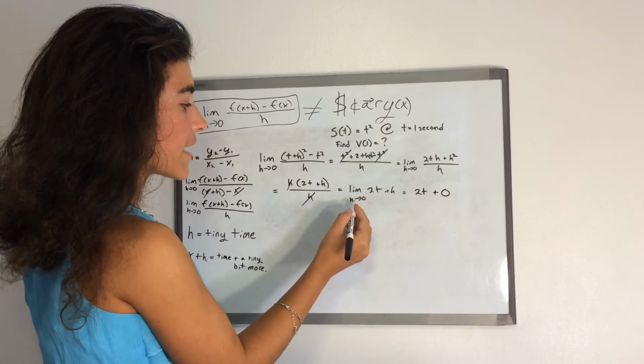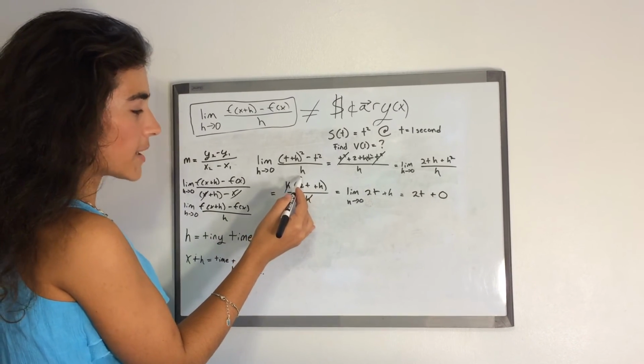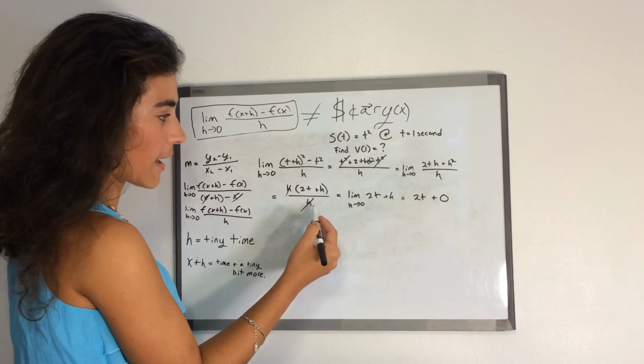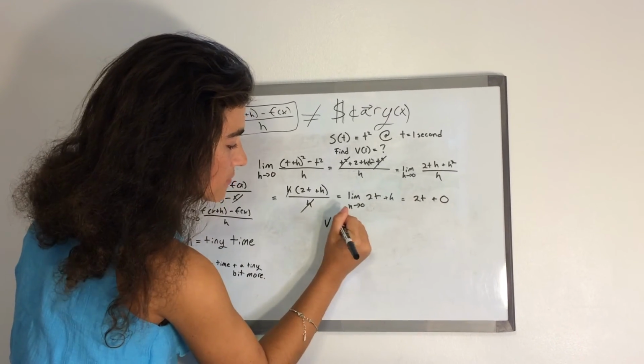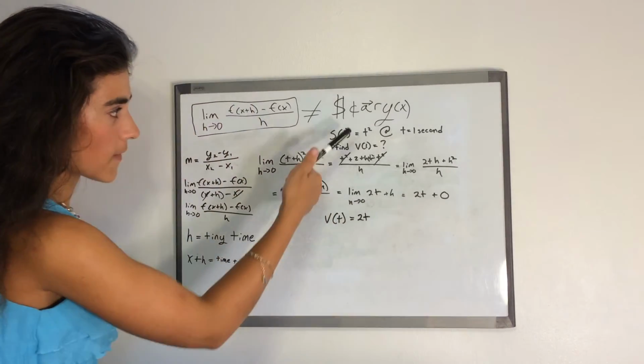Why couldn't we plug in 0 for h before, all the way back here, to save us all that work? Well, anything divided by 0 is undefined, so we had to wait until we no longer had a fraction with h on the bottom. Now we know the velocity of t squared is 2t, because that's the derivative of the